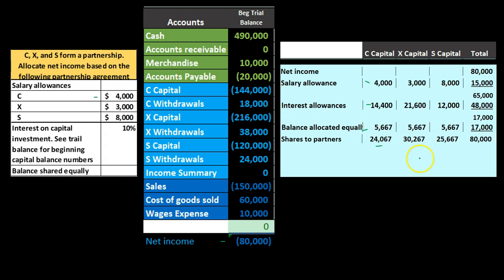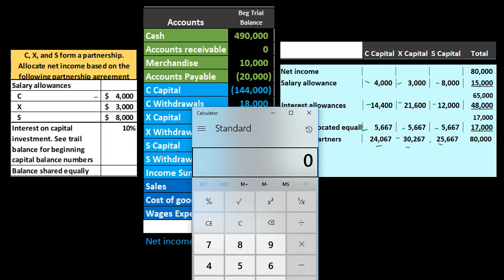And then we've got X capital account, the 3,000 plus the 21.6 plus the 5,667 gives us the 30,267. That's what of the net income of 80,000 that's going to be allocated to X capital account. And then we've got S, which had the 8,000 wage allocation, just an allocation, not salary, not wages, not part of payroll, plus the 12,000 plus the 5,667 gives 25,667, and that's going to be the amount allocated of net income to S,